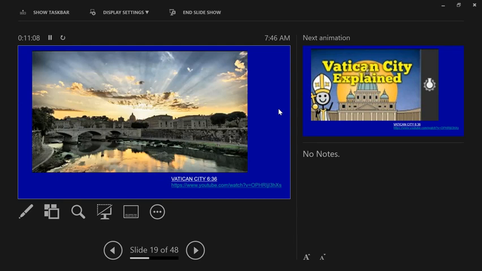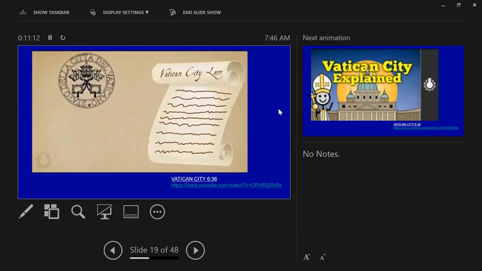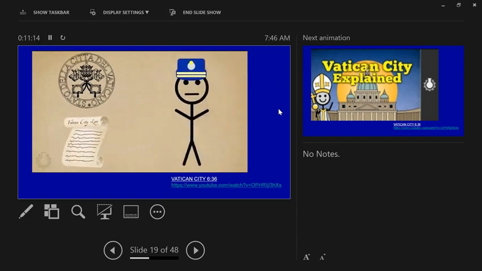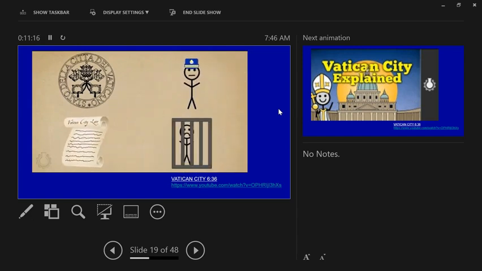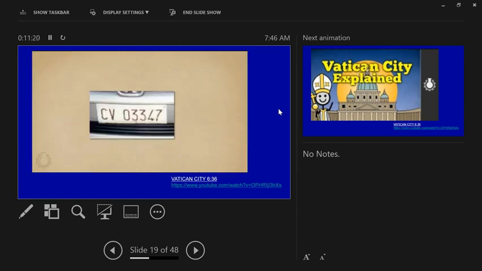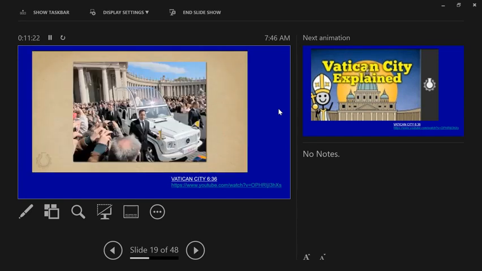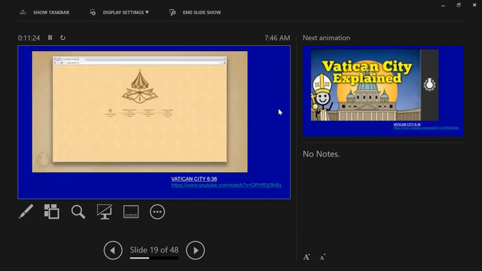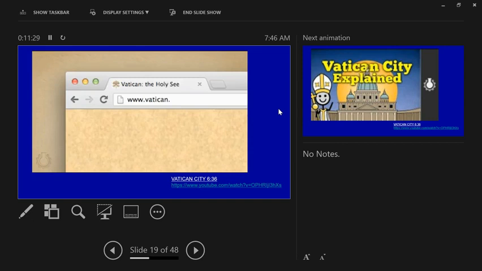And today, the tiny nation on the hill has all the things you'd expect of a country. Its own government that makes its own laws that are enforced by its own police, who put people who break them in its own jail. It also has its own bank and prints its own stamps and issues its own license plates, though only its citizens can drive within its borders, presumably because of the terrible parking. And as the true mark of any self-respecting nation, it has its own top-level domain, .va.